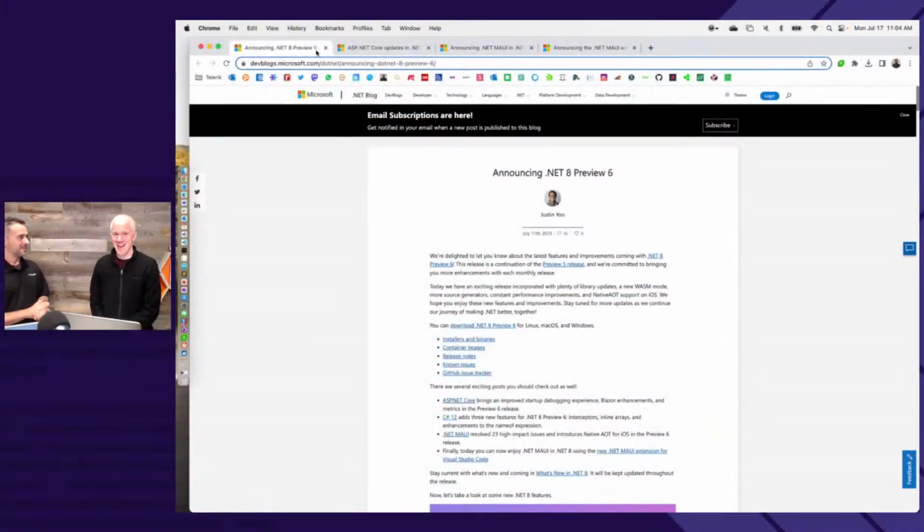He's our resident mobile expert, and we'll talk about Blazor Hybrid and mobile and stuff. But to kick things off, Dan, you've been busy with your team on a lot of updates with .NET 8. Yes, we've been very hard at work on .NET 8. We just shipped a new preview release. .NET 8 Preview 6 just came out. I think it was just last week? Just last week. And some Visual Studio updates came out along with it.